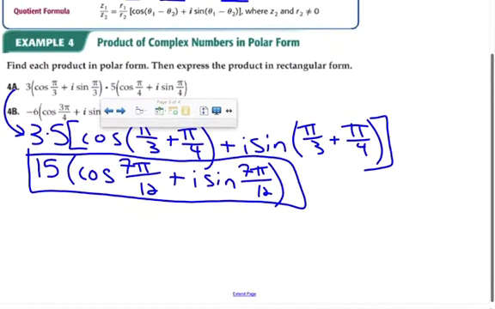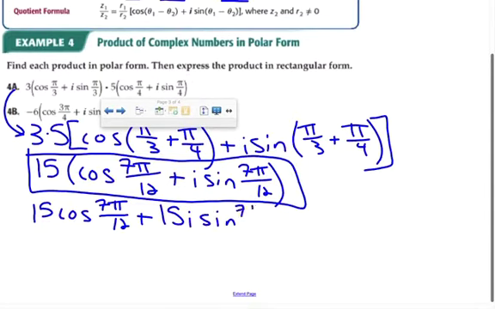So I've got 15 times the cosine of 7 pi over 12 plus I times, gotta distribute, 15I times the sine of 7 pi over 12. From here, it's just calculator. 7 times pi divided by 12. Take the cosine of that and multiply it by 15. And that's negative 3.88